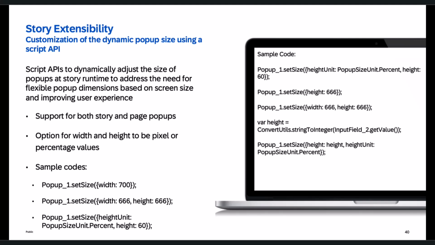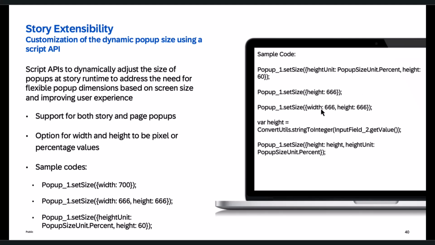And here is also an enhancement to the pop-up. With the new release, you are able to leverage Script API to dynamically adjust the size of pop-ups at story runtime to address the need for flexible pop-up dimensions based on the screen size and improve your user experience. So now you can use a Script API to set the pop-up more dynamically, either using